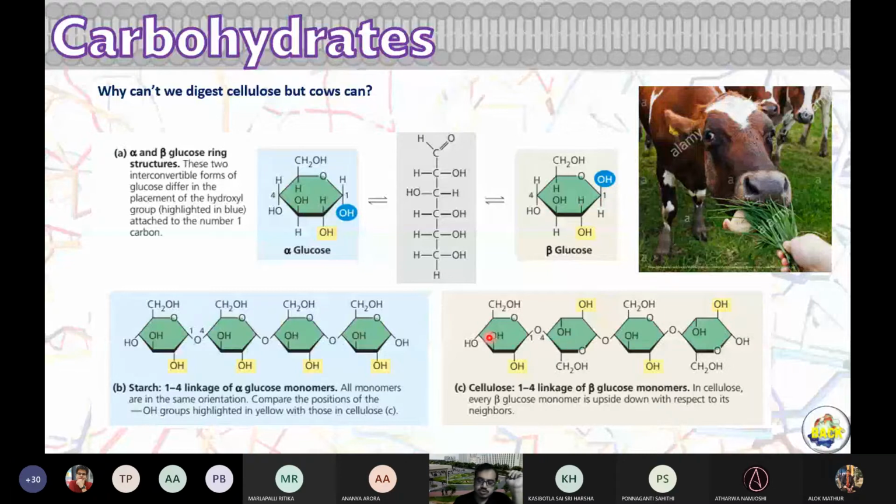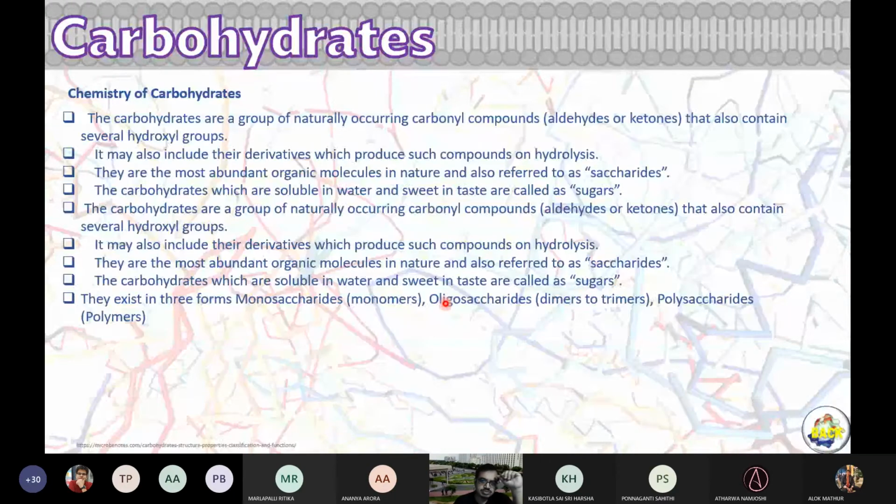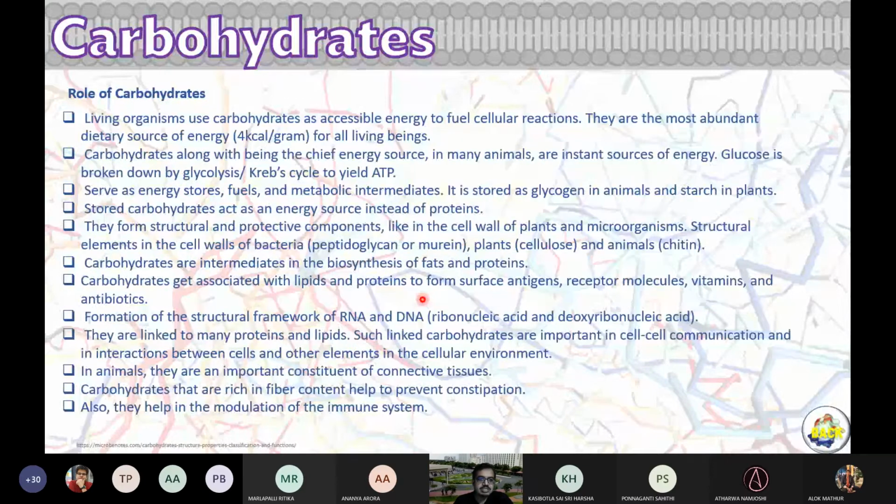They have a lot of roles to do in our body. We just discussed that. Majorly, they have a lot of hydroxyl groups, and if you really define them, the strongest group they have is the aldehyde or ketone group. And that's how we define carbohydrates, and often they are called sugars. This is a nutshell. You can read it once I share this slide. What are the major roles of carbohydrates? We just saw here.